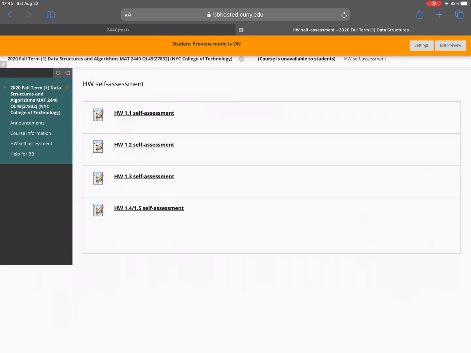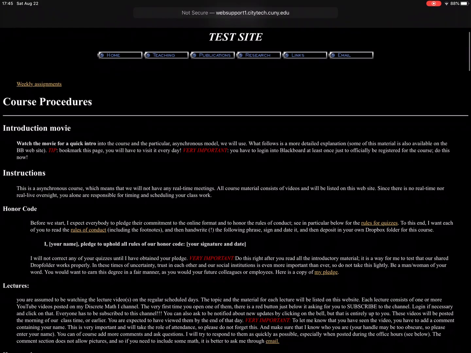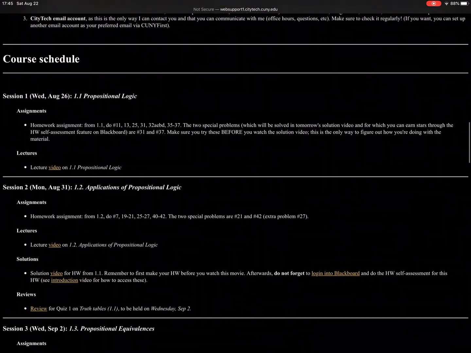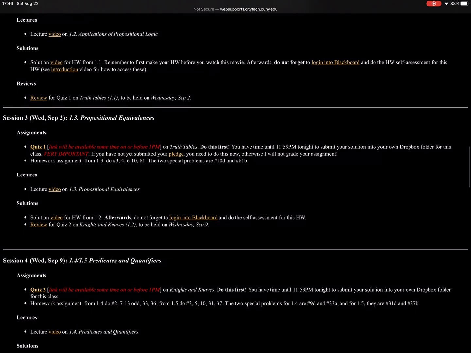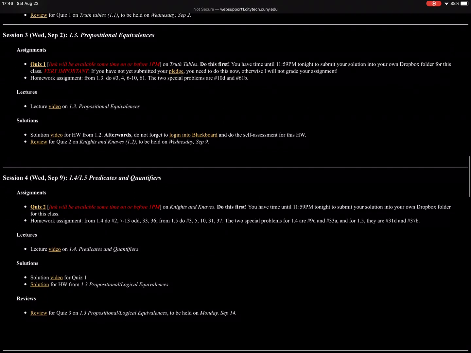And you see here, if we go back to session 3, for instance, under assignments homework, you follow that, session 3: from 1.3, number 3, 4, 6 to 10, 61. The 2 special problems are 10D and 61B. And then the next session, in session 4, you see the solution for homework from 1.3, the one that we just read. Once you have done this and watched the solution video, then you go to this